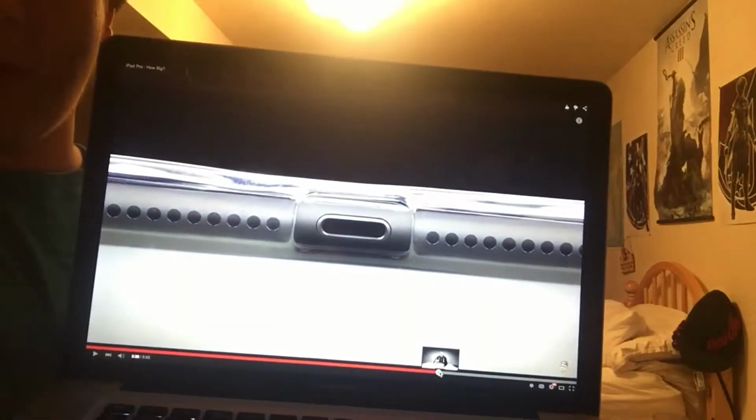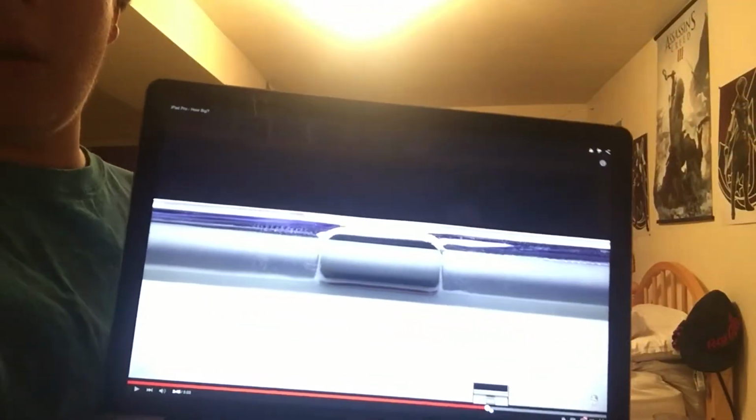Some other things that are strange from the case for the iPad Pro is that there are some extra ports and cutouts that are a bit unlikely. Let me see if I can find it. So right here, you can see that there's a place for the normal charging port. However, you go ahead a little further in the video, and there is shown a charging port on the side